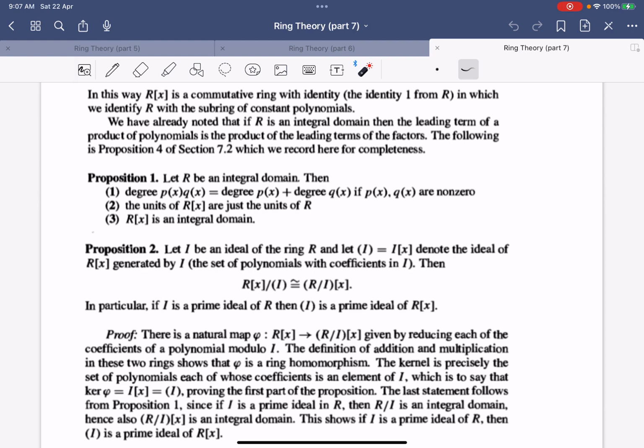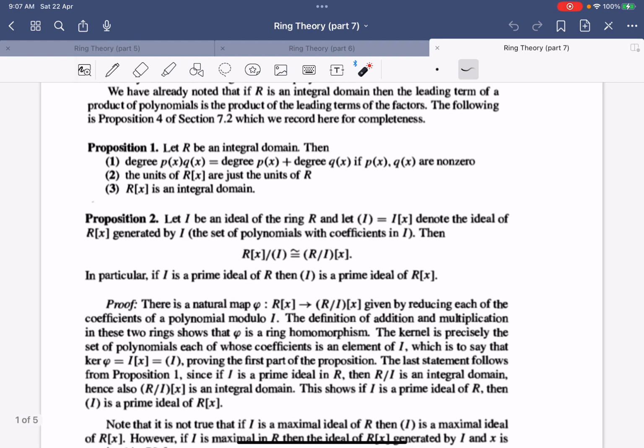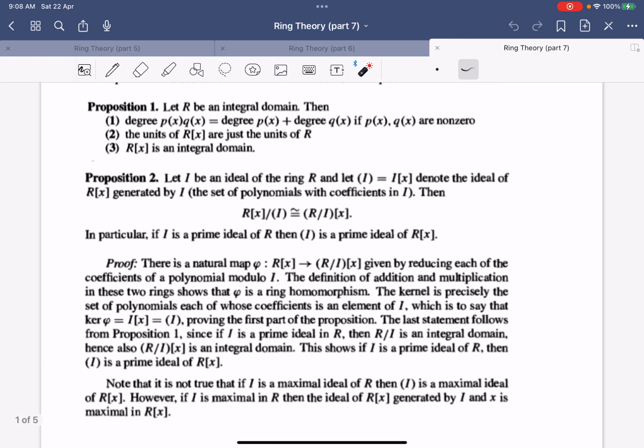And proposition 2 states that if you have an ideal I and you generate the quotient set where you take R[x] over this ideal generated by I, it is no different from taking the quotient of the coefficients first, then creating the polynomials. In particular, if I is a prime ideal, then the ideal generated by I will also be a prime ideal of R[x]. So you can just create a natural map from the